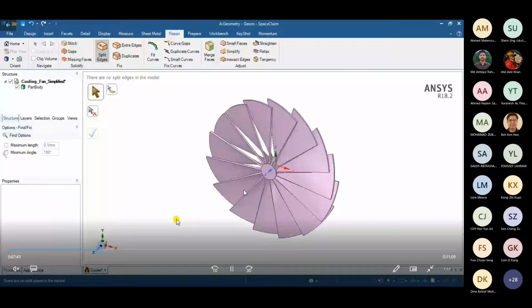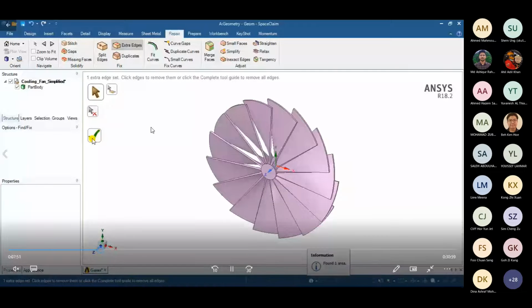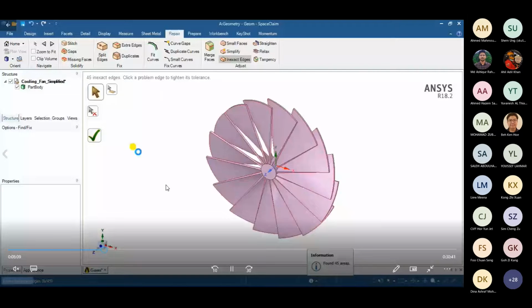For extra edges, you do the same thing. For duplicates, you do the same thing. Each and every option mentioned here, you would go through one by one, checking the areas, and you'd see at the bottom the number of areas that give errors, and you have to fix them. Primarily in inexact edges, you would be fixing these inexact edges.